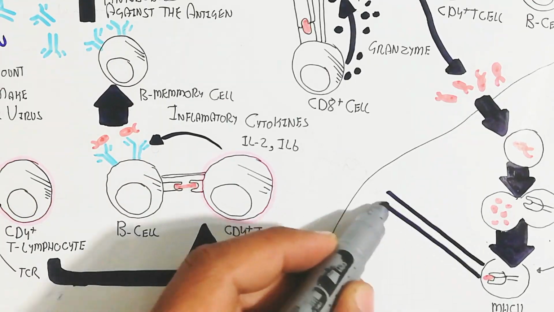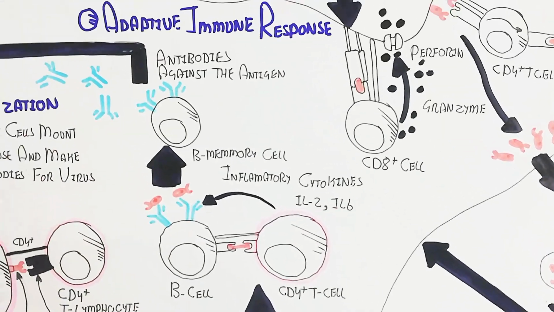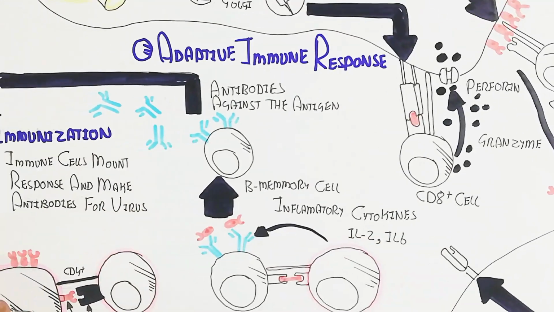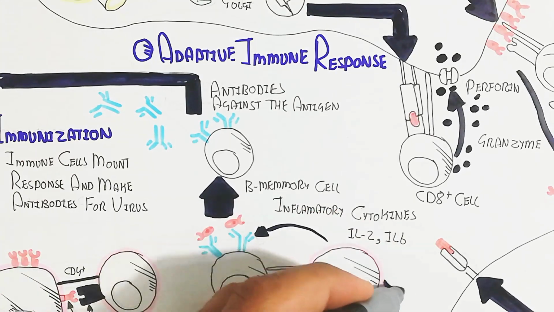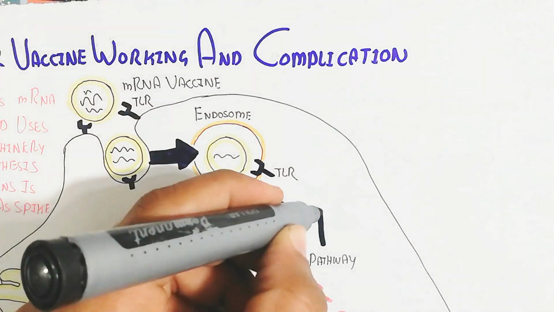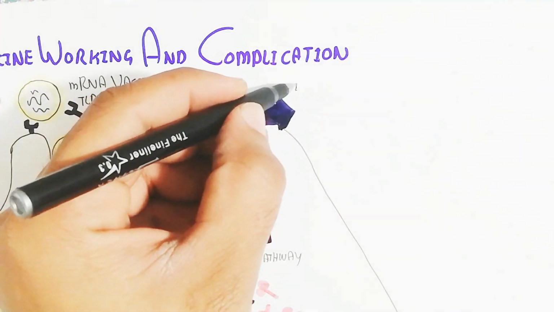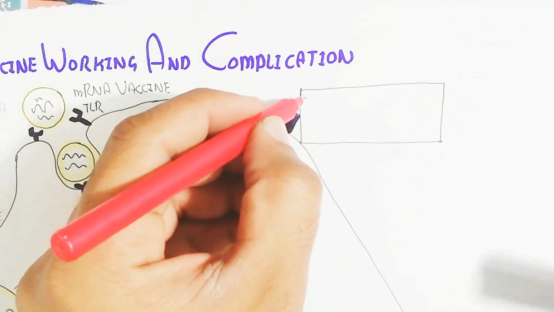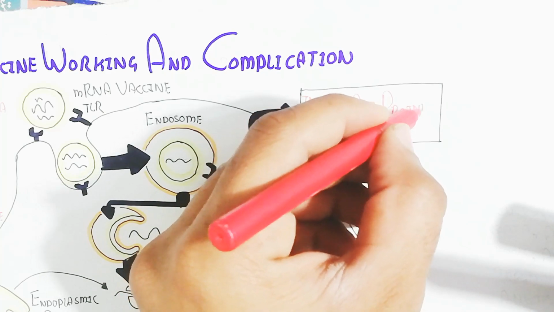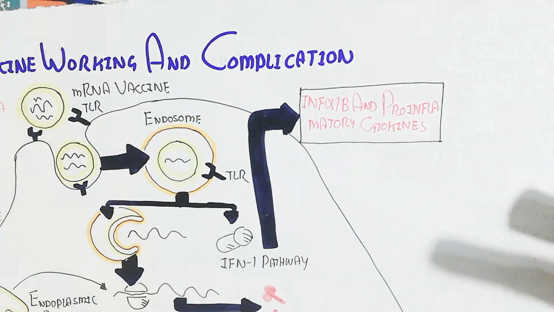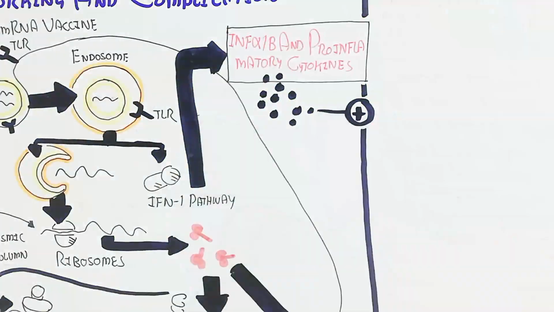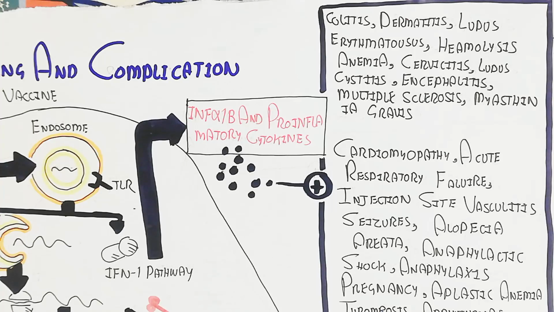But remember what side effects are possible, which we are discussing as the problematic things. There are rumors going on and a lot of complications, and people are thinking that many complications can arise in a person who has been vaccinated. But how is it possible? Let's begin to understand. During vaccination, interferon alpha and beta and pro-inflammatory cytokines will be produced by the other pathway, known as the IFN1 pathway, the interferon 1 pathway, and it will lead to more pro-inflammatory cytokines and interferon alpha and beta, which will create more complications like colitis, dermatitis, lupus